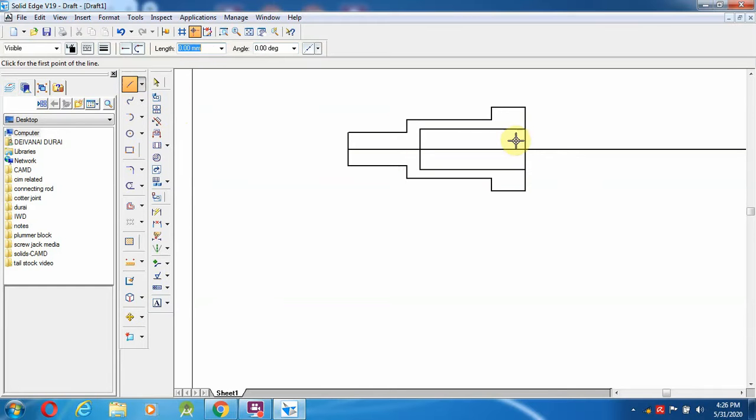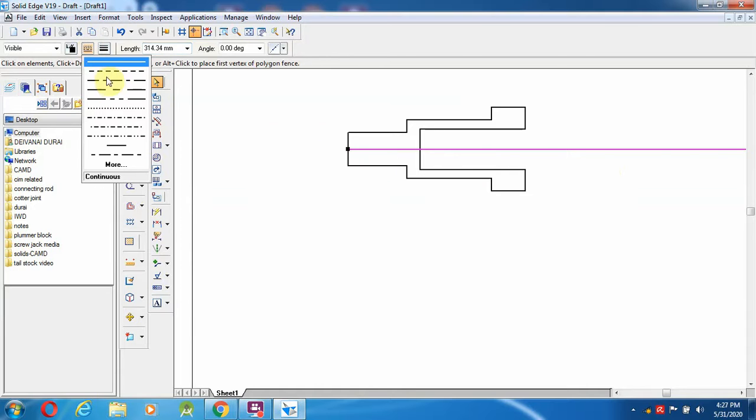So this line I am going to trim. Even if you do not trim it is okay, but as per this we are going to trim it. This is the axis line, so that line I am going to change to an axis line over here.